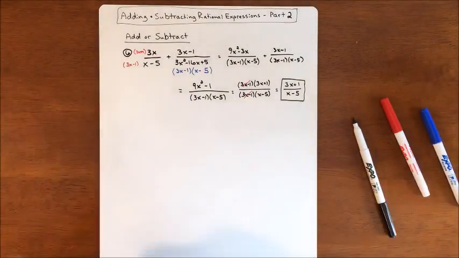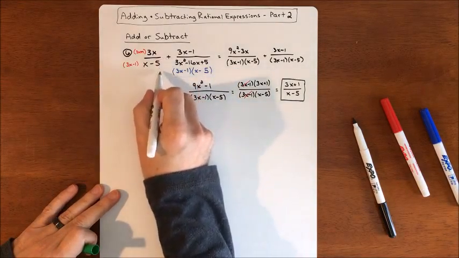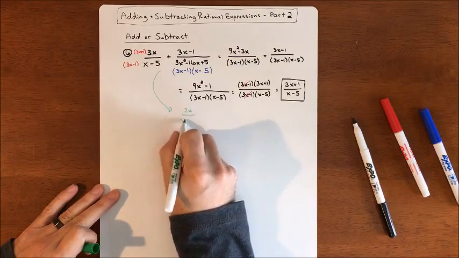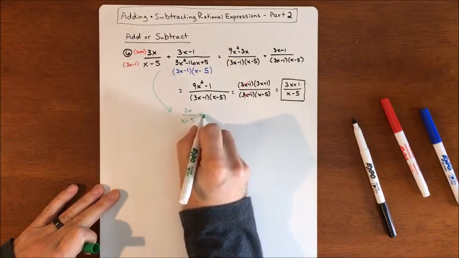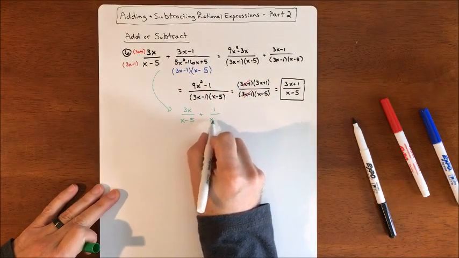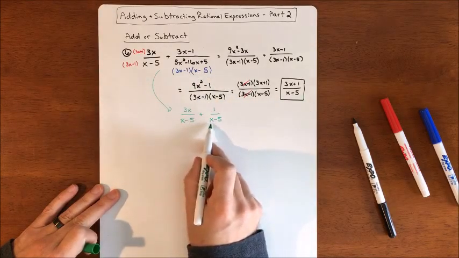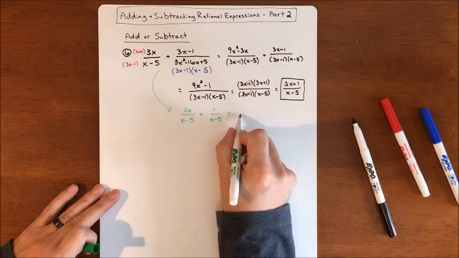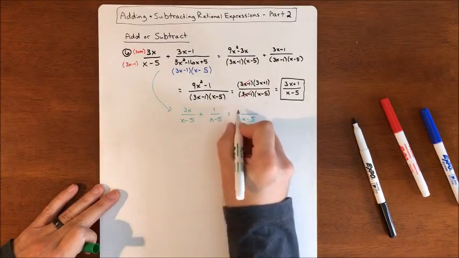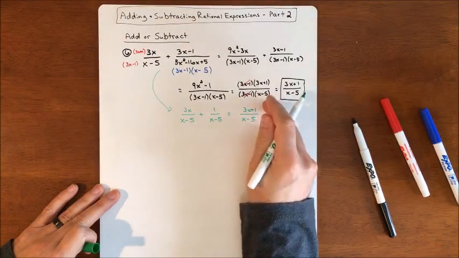If that would have reduced, we would have had a 3x over x minus 5 plus the 3x minus 1s would have canceled, so you would have had a 1 over x minus 5, which would have already had a common denominator, and our common denominator is x minus 5, and if we put our numerators together, we would have had a 3x plus 1,